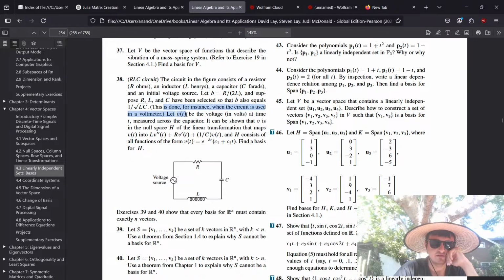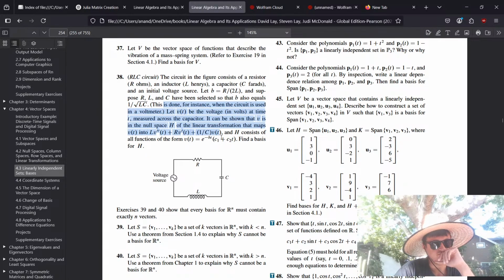Let V of t be the voltage in volts at time t measured across the capacitor. It can be shown that V is in the null space H of the linear transformation that maps V of t into L V double prime plus R V prime plus 1 over C V of t. And H consists of all functions of the form